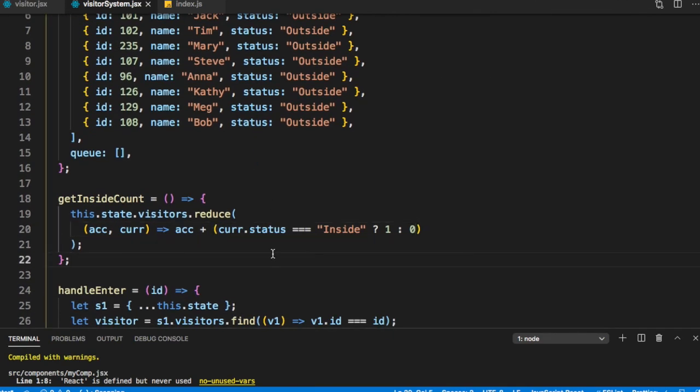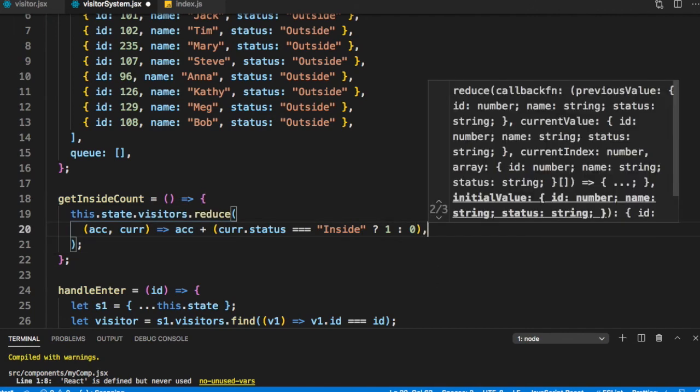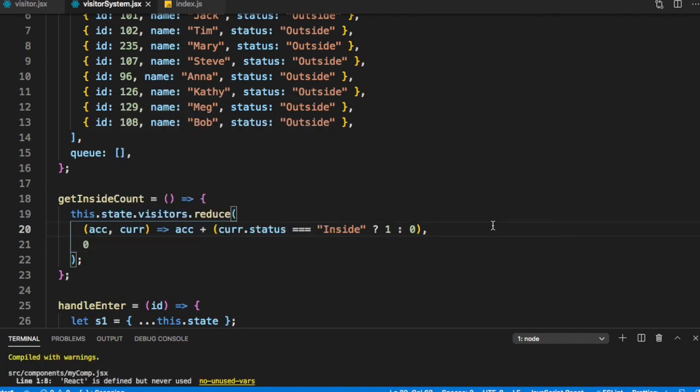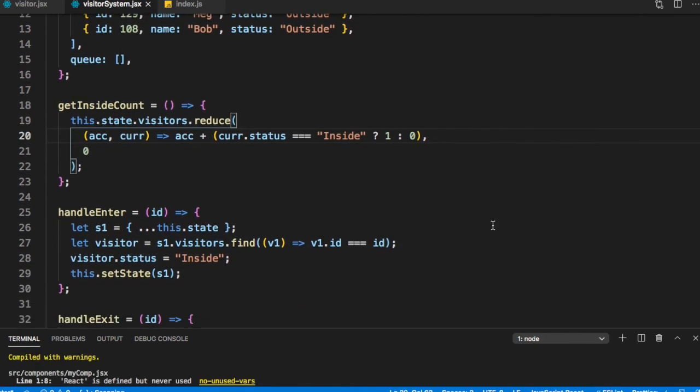So what are we doing here? We are saying if the status of the current JSON is inside, 1 should get added to the accumulator, otherwise 0 gets added to the accumulator. And the initial value of this is 0. So we would get the inside count.